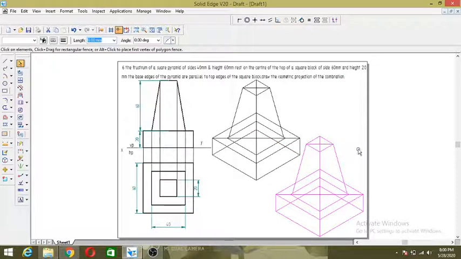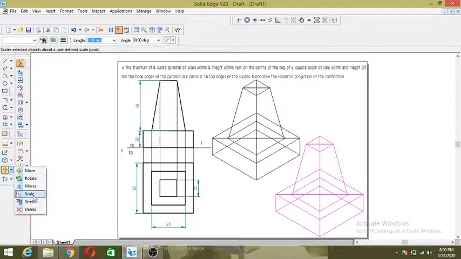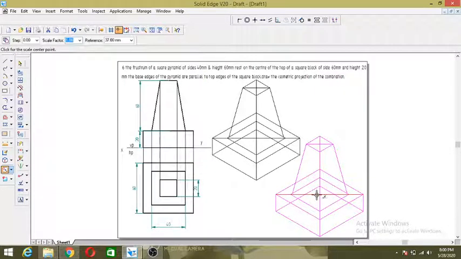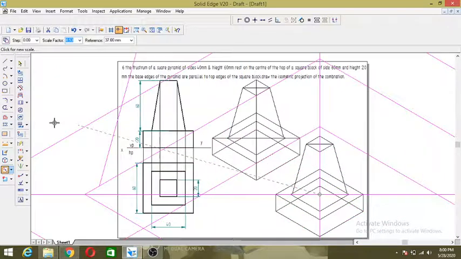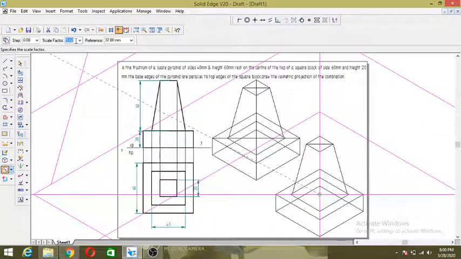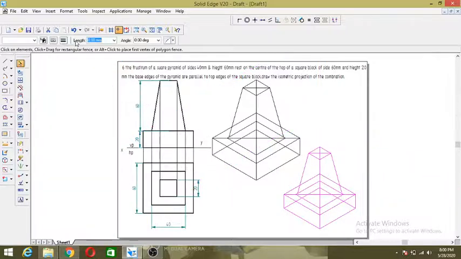Now I want to convert this one into ISO scale. Go to scale. Okay, from this, select this center. Turn off the copy command, I don't want an extra image over here. 0.816, say enter. Now this is the iso scale, this is the regular scale. So the unwanted lines, you have to delete. These are the construction lines, I don't want these.